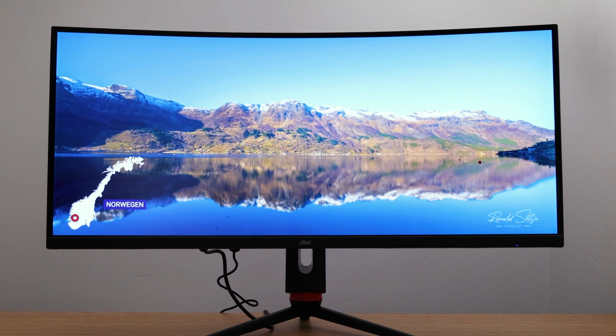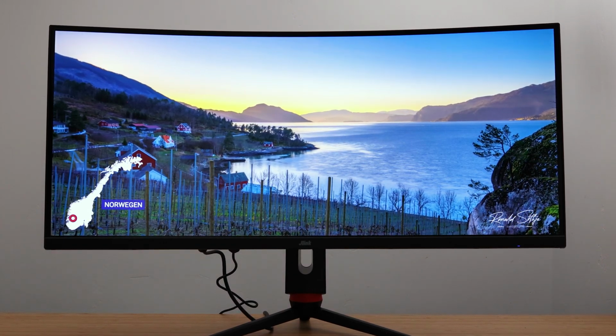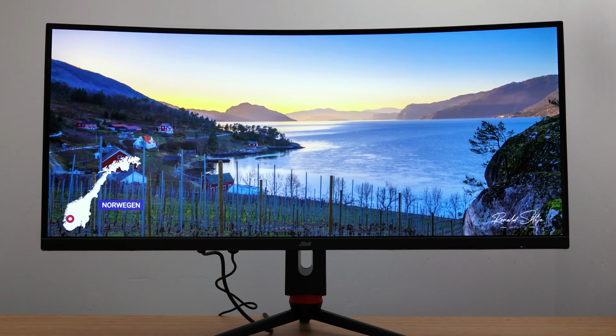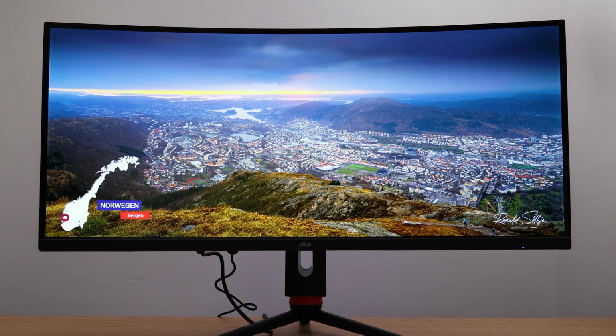I think once you start breaking over $400, it's hard to recommend any LCD displays, but under that $400 price point, considering you're getting an ultra-wide monitor, and it does have good brightness, and I do believe it also has some good color accuracy as well, I do think, again, it is going to give you some pretty decent value,